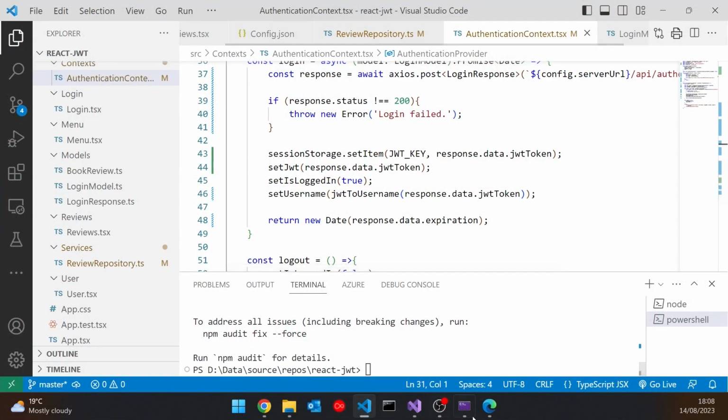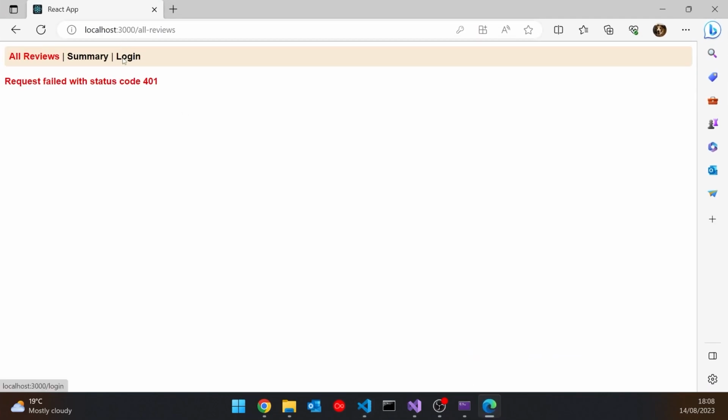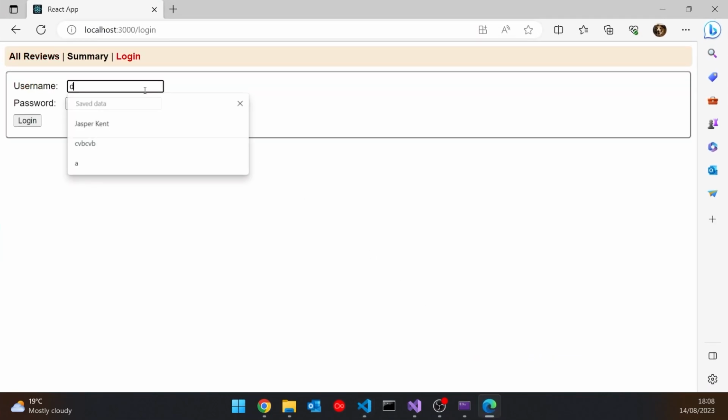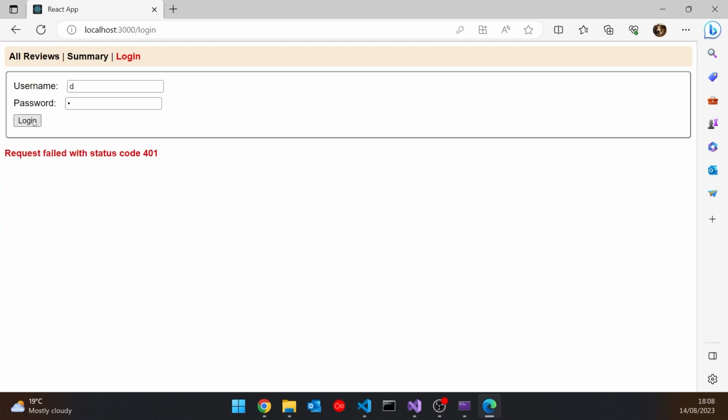So if we save all of that and then go in here and go to login, let's firstly test it with a bad login. So just put some garbage in there, click on login, and we're getting the request failed because it wasn't validated. But if I change that to the login we now know and love, so Jasper Kent and PA$$W0RD, click on that, and now we're getting back 3 hours from now, and we can see it's got hold of the username, set the logout button on there, and then also when we log out, we can see that it's logged out, and so we're no longer logged in.